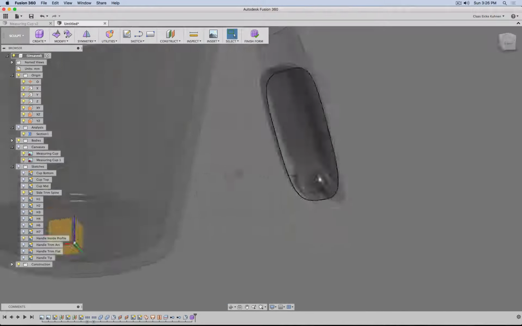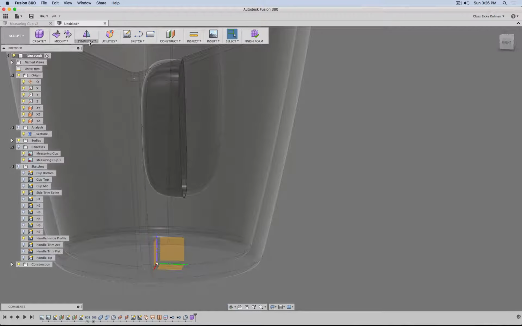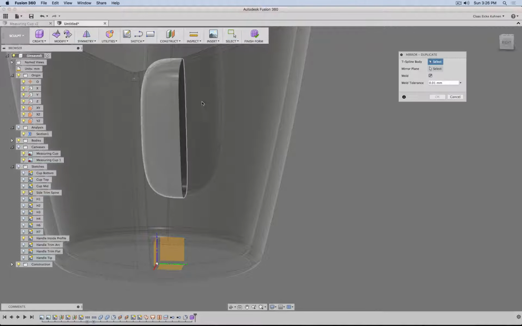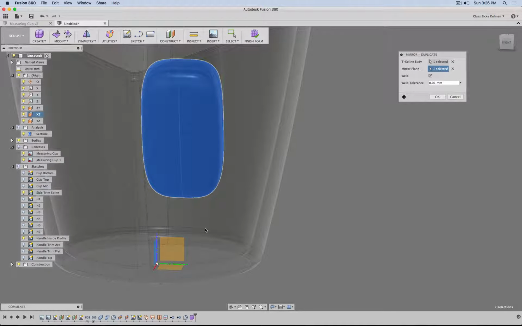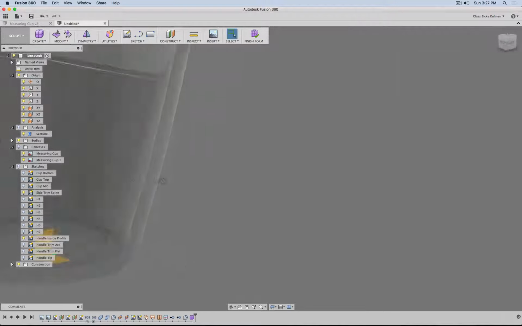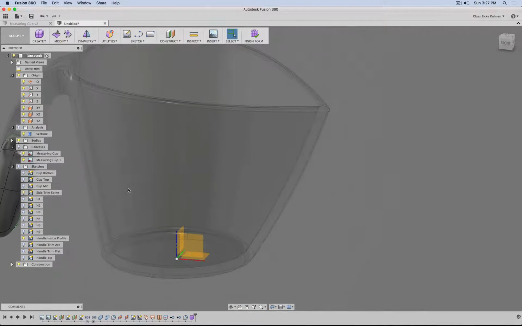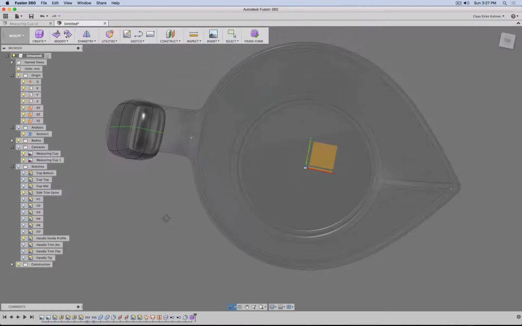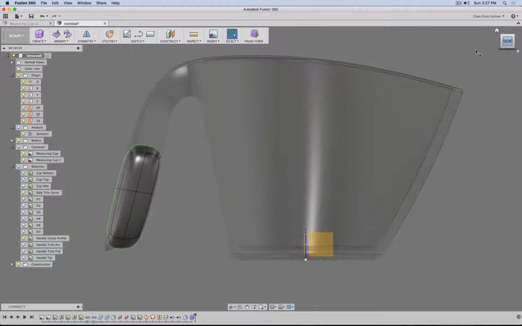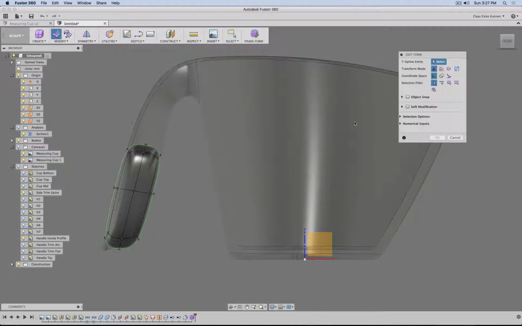Select all these faces, delete them, go to mirror duplicate this object along my construction plane, so the XY global, no, XZ global. Okay, that's the reason why it was so important to also create that cube via snapping right on the grid. Okay, so now I'm pretty free to again select maybe just